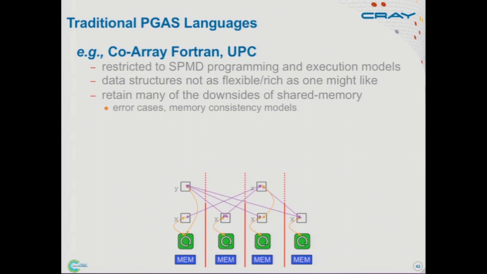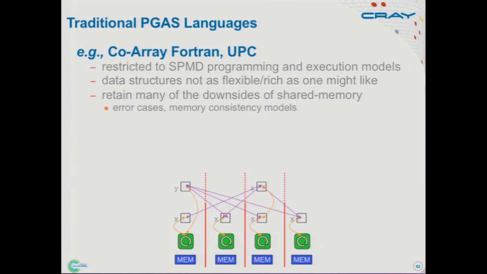But there are some downsides to these traditional languages. The first, I think, is that being restricted to this SPMD programming model is too restrictive, particularly as we look at exascale machines where things are more hierarchical. You might want to fork something off to run on an accelerator. You can get that if you start mixing in pthreads or OpenMP with these, but being a purist, I'd rather use a single model that does it all for me than mix and match different things and try to figure out how they play together.